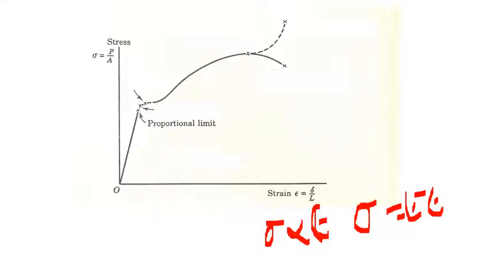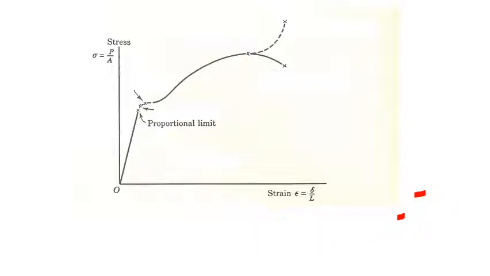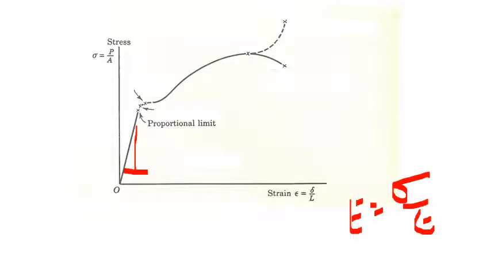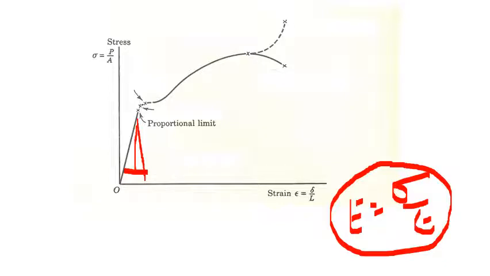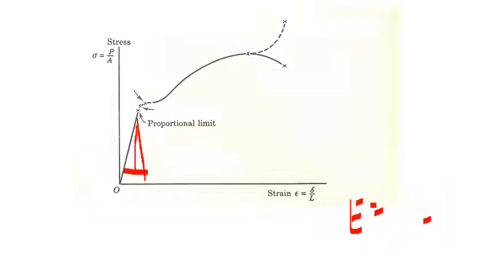It is the uppermost limit below which Hooke's law is valid, above which Hooke's law will not be applicable. That is the proportionality limit. And if you take the slope of this curve at any point, you are going to get E, that is sigma by epsilon naught. That is a measure of stiffness. So you take the slope of this line at any point, this E will remain the same. That is the measure of the stiffness of a material.